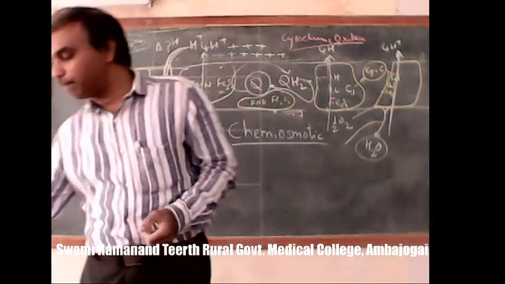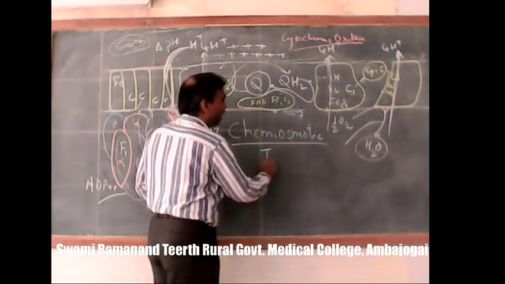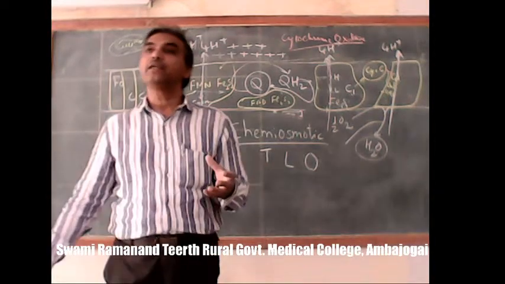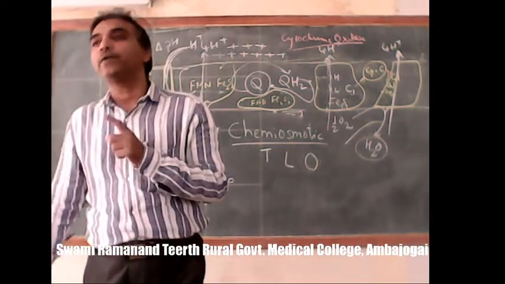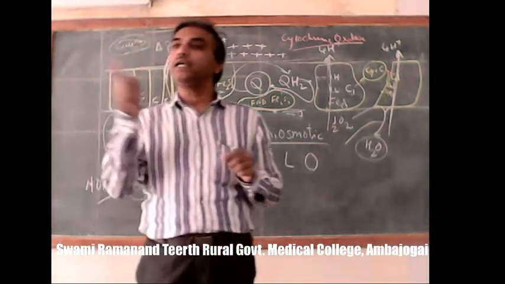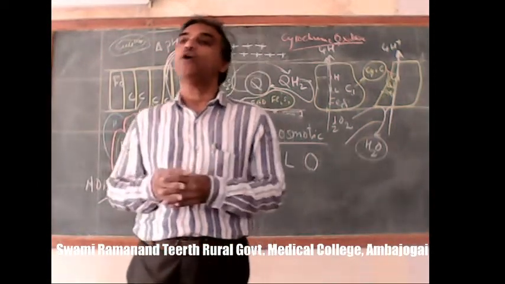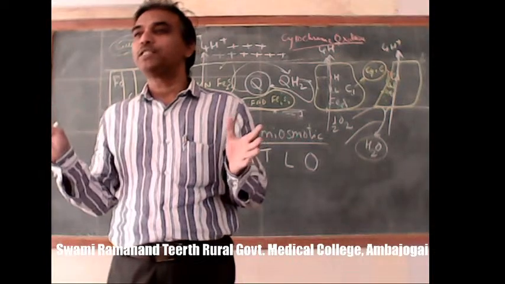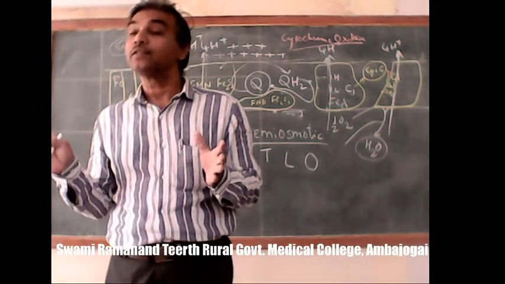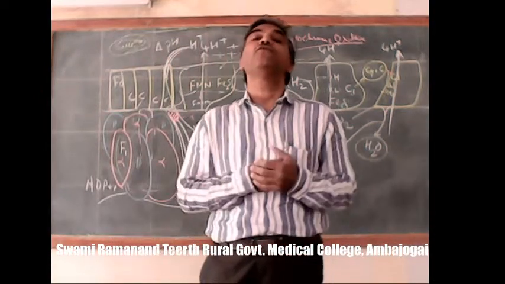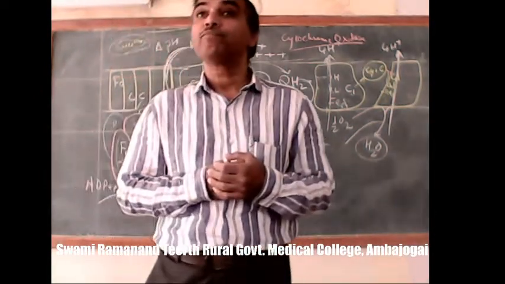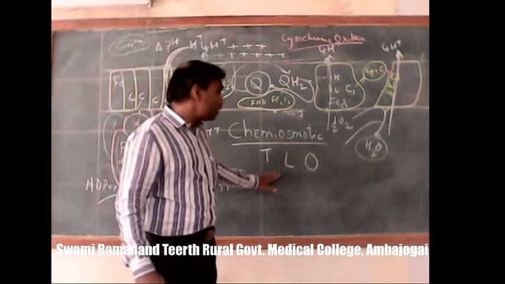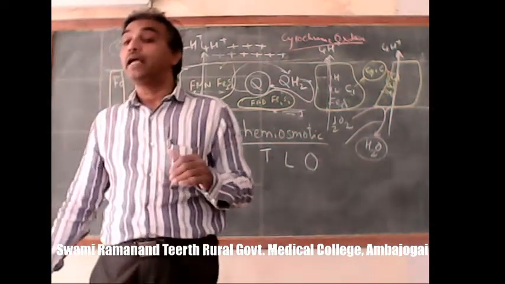oxidation, phosphorylation. So these three tight, loose and open sites alternate in three beta units. So during a single turn, how many ATPs will be formed? Three ATPs will be synthesized. Okay, three ATPs will be synthesized during one turn of bent axle. Okay, so these conformation changes, in short, again